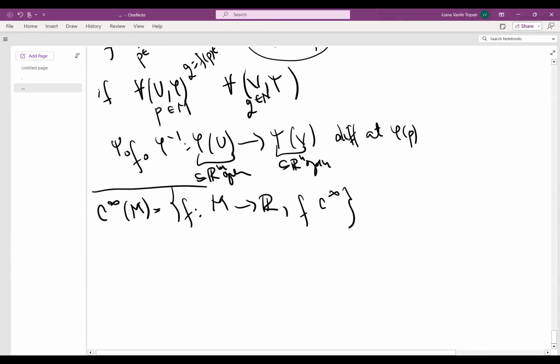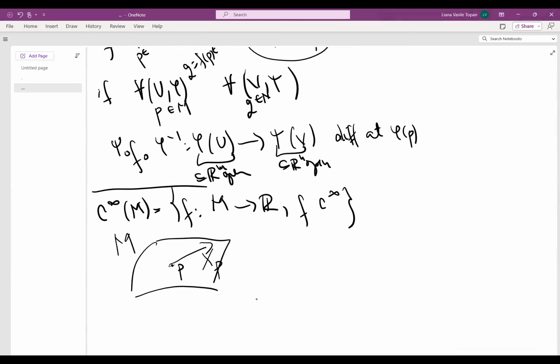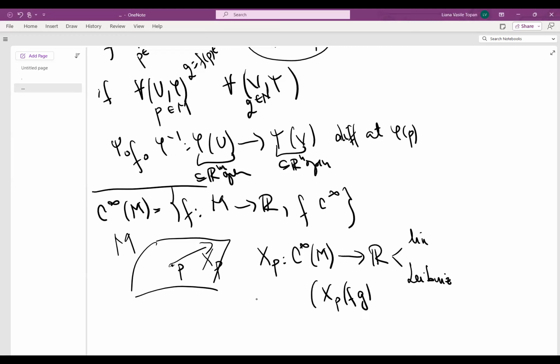And then we defined, once we have a manifold, we take a point P on the manifold, a tangent vector at the point P. The tangent vector is simply a map, defined on this real algebra of smooth real valued functions defined on M with values in R, which is linear and verifies the Leibniz rule. Remember, this means that when you apply the tangent vector X_P on a product of functions, what you get is this Leibniz rule: X_P of f